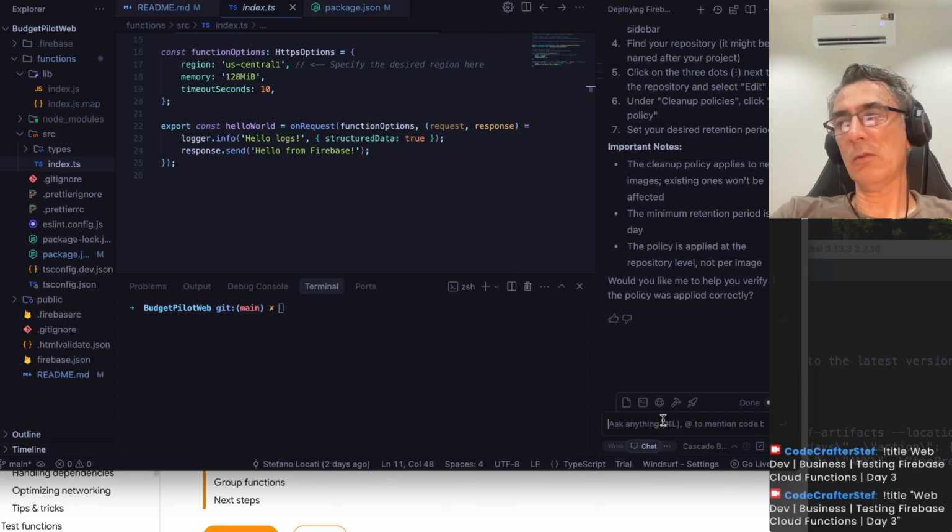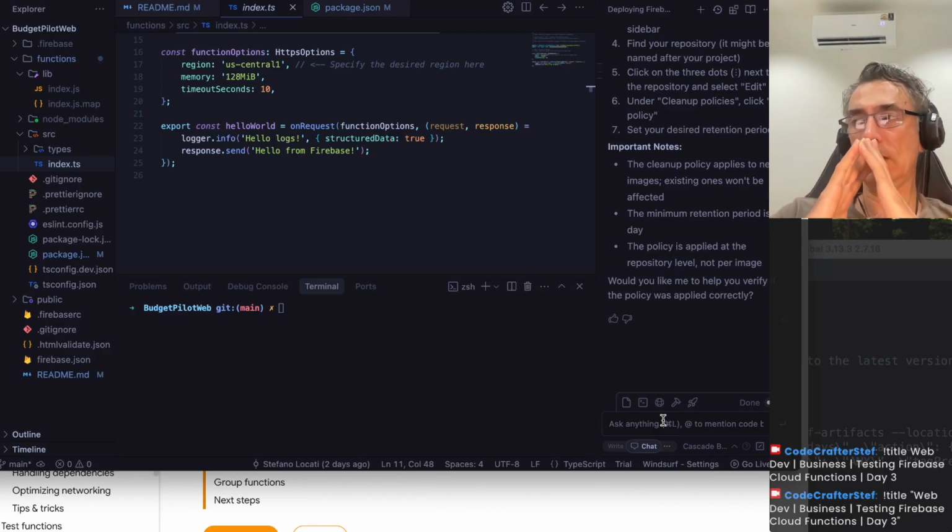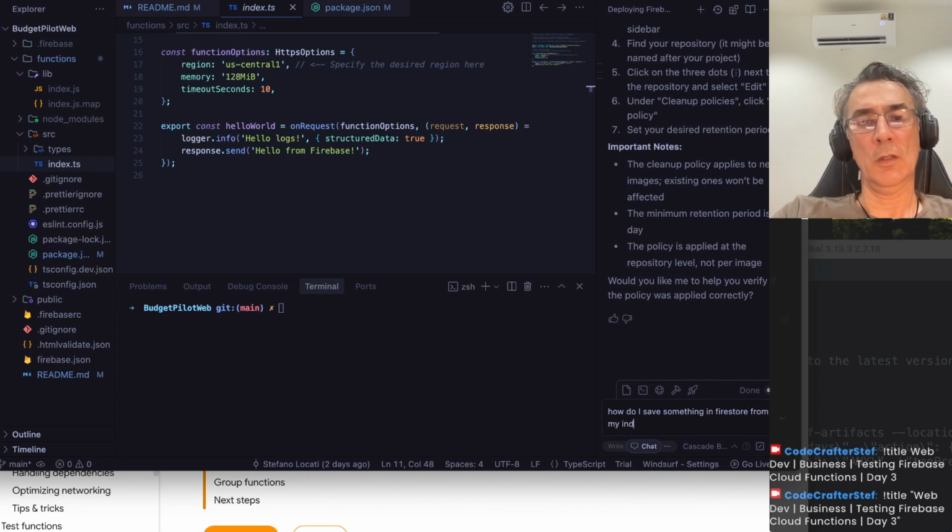Well, let's see how to save something in Firestore from a Firebase Cloud function. It doesn't matter if then it will fail with an error. Let's start to see how to do it, and then after we figure out the rules to allow it to actually work, the permissions. So step one is how do I save something in Firestore from my index.ts Firestore